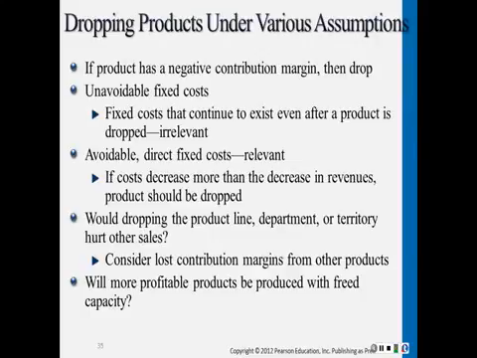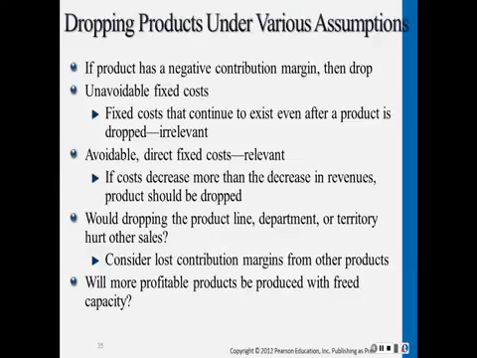However, if the product line has a positive contribution margin, then it is helping to cover at least some of the company's fixed costs. The fixed costs that will continue to exist even after a product is dropped are often called unavoidable fixed costs. Unavoidable fixed costs are irrelevant to the decision because they will not change if the company drops the product line. They will be incurred either way. However, if direct fixed costs associated with the product are avoidable, an analysis needs to be performed. If the direct fixed costs saved when the product is dropped are greater than the lost revenues, the product should